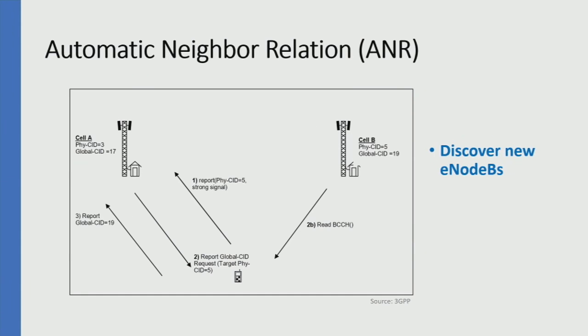The second one is the neighbor relations. Let's say there are two base stations and the phones are trying to report the base station's identities to this one, and this attempts to create a connection to the new base station. Once they are established, or once they have an X2 connection set up,